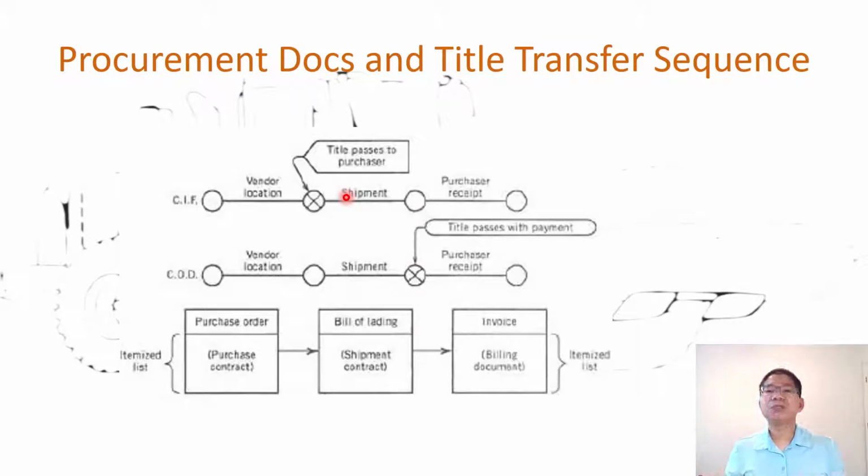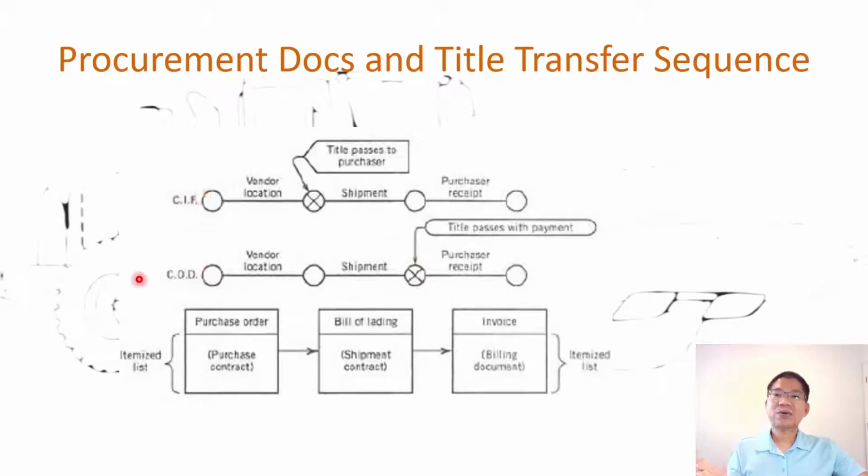Anything that happens in that process will be on the vendor. So the title passes with the payment, and the purchaser receives the material, in this case, on the construction site. So you see that the risk will be allocated differently between the vendor and the purchaser